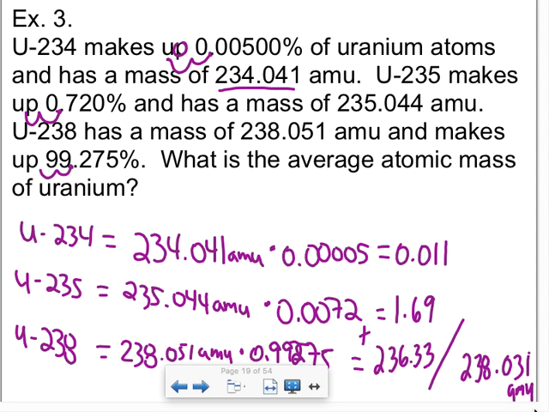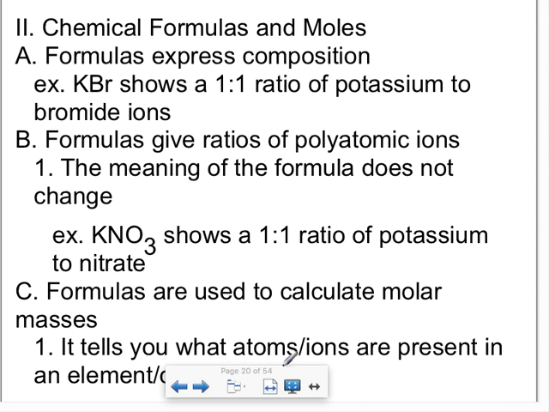Forgot to add... Good thing I brought my big hand. Okay, and if we look at the periodic table, the pink number, 238.0. You just leave it like that because then I know you actually did it. You just didn't look at the periodic table. Okay, so that's average atomic mass.